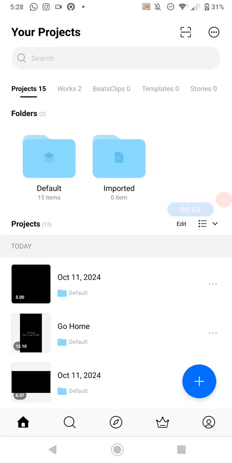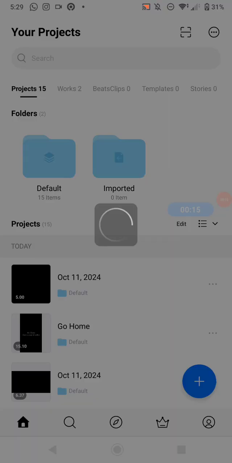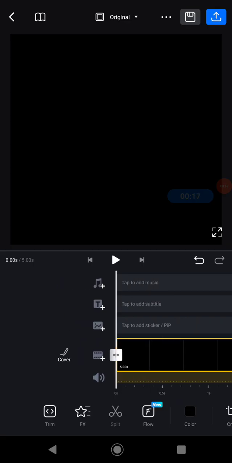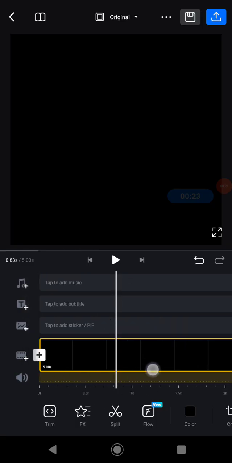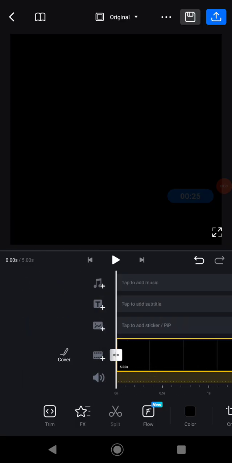In today's tutorial I would like to show you how to make an animated text reveal on VN editor. First you need to open your VN editor and then make a new project, but here I already saved a project before. First you need to add a black background to do this tutorial, and after that you need to